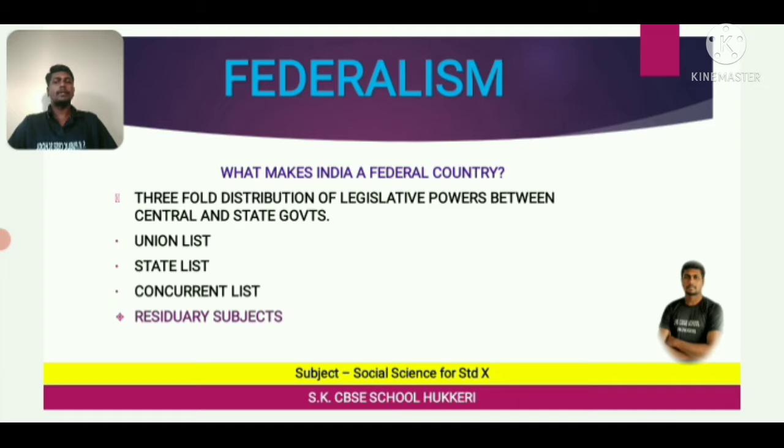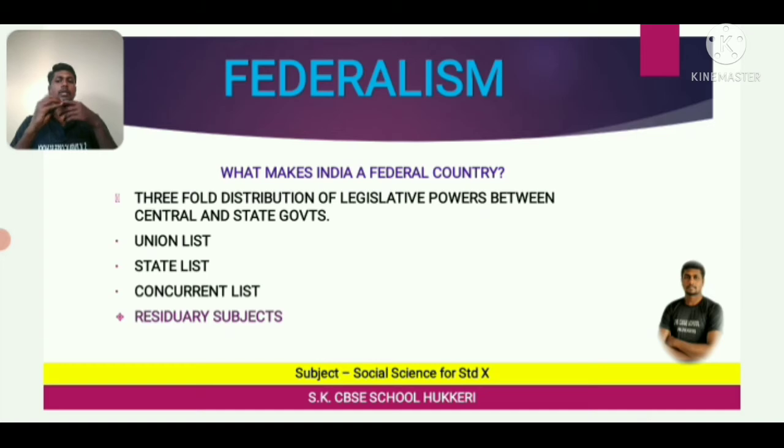As in any federation, these different tiers of government enjoy separate jurisdiction. I mean, they enjoy their own power in their specified areas. Each level of government out of these three enjoys its own jurisdiction and its own power. And see, the constitution clearly provided a threefold distribution of legislative powers. I mean, all the legislative powers have been divided into a threefold system.